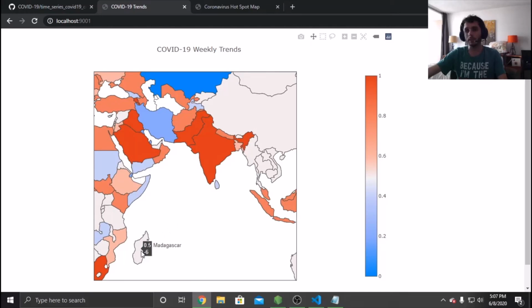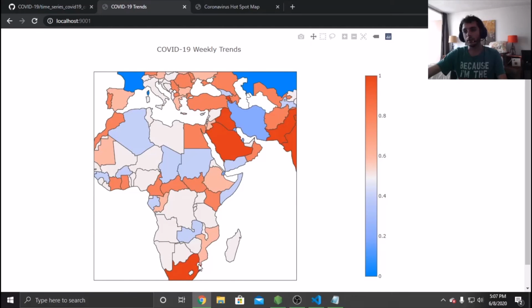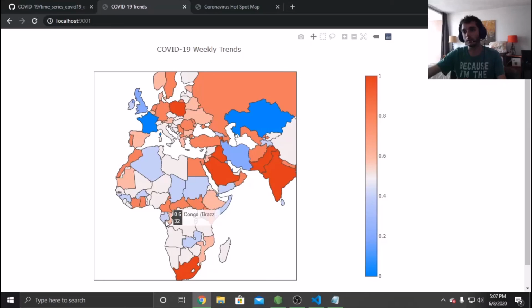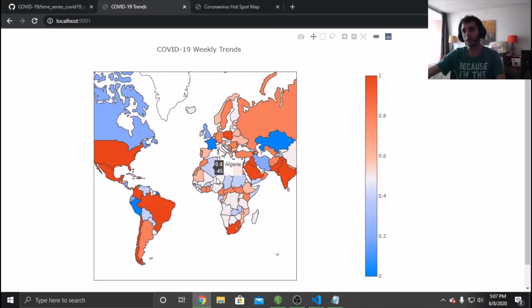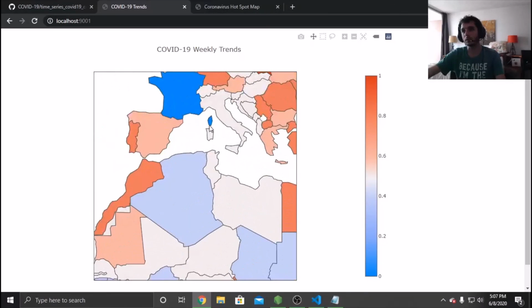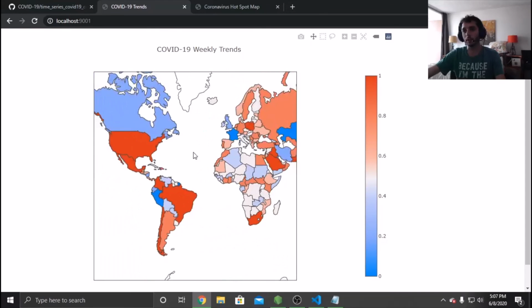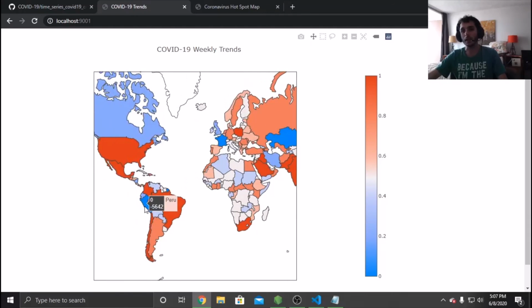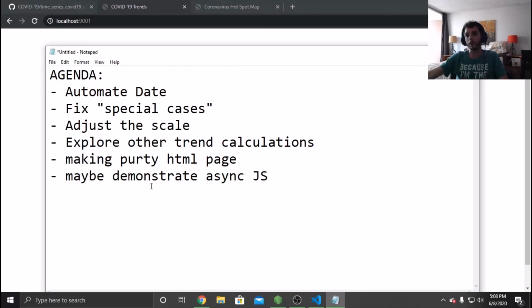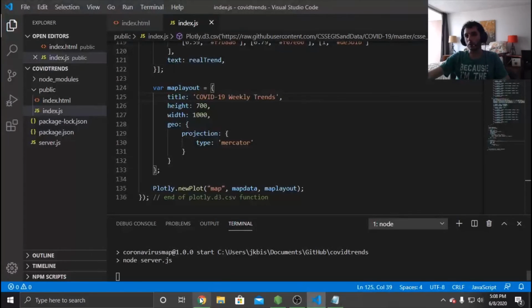Of course, there's still things to be done, but if you guys are doing this at home, you can definitely get to this point by following along, or make the needed improvements on your own by looking up the documentation. I will probably do a third session where I don't focus on the map itself, but instead take a closer look at making a web page, doing some HTML stuff, and then maybe touching on other topics like asynchronous JS, and maybe doing a US map to show how you would see it state to state. Because if you're living in the United States like I am,